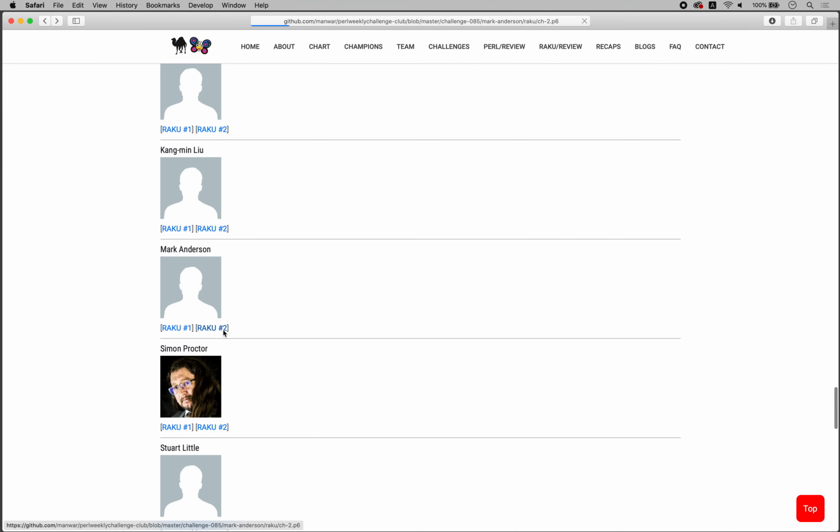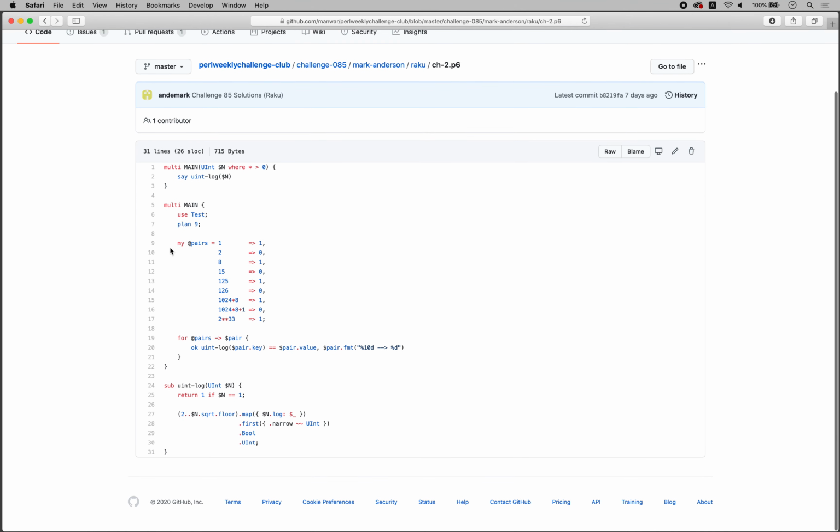Mark Anderson, Raku number 2. I believe these are the test cases, and so unit log. For all the pairs, we test the result of this function, right? Pair the key, which is this one, and pair value, which is this one, right? Okay, so the function int log